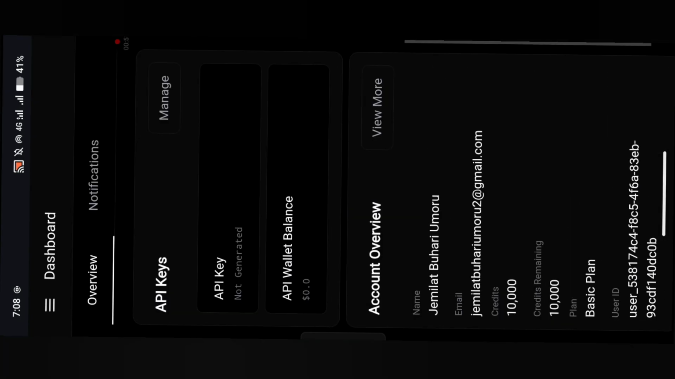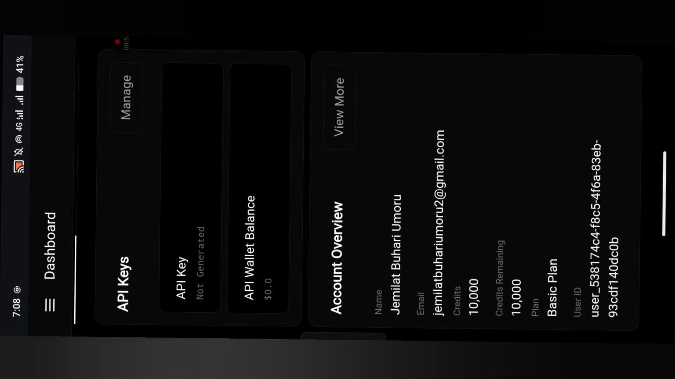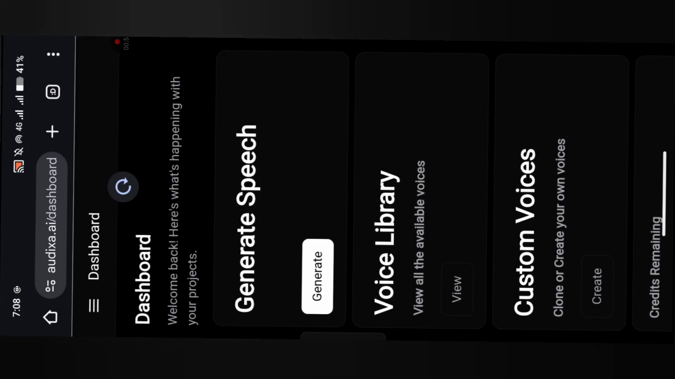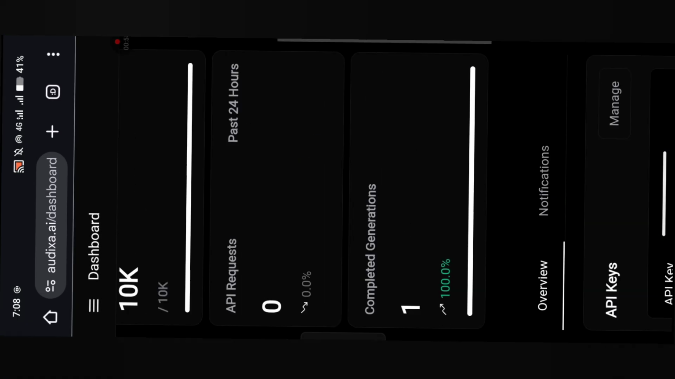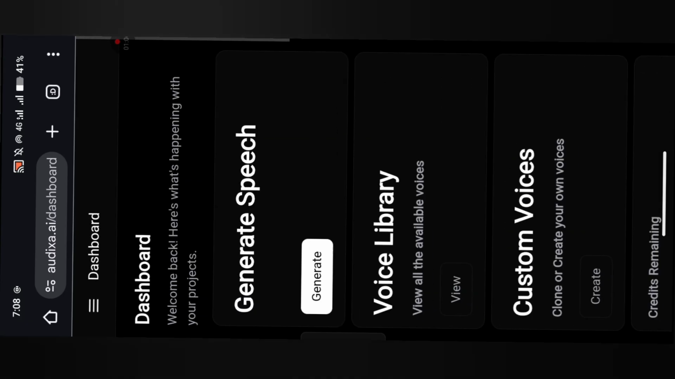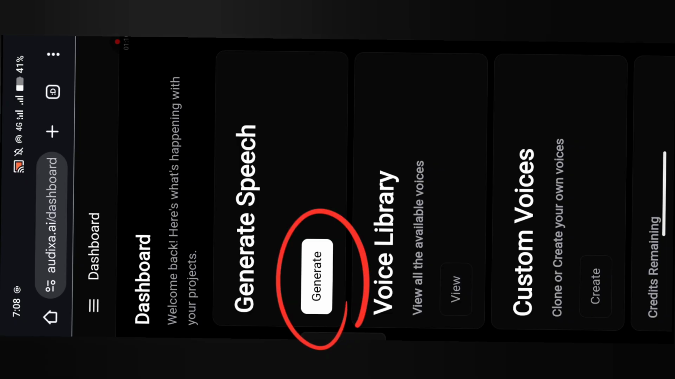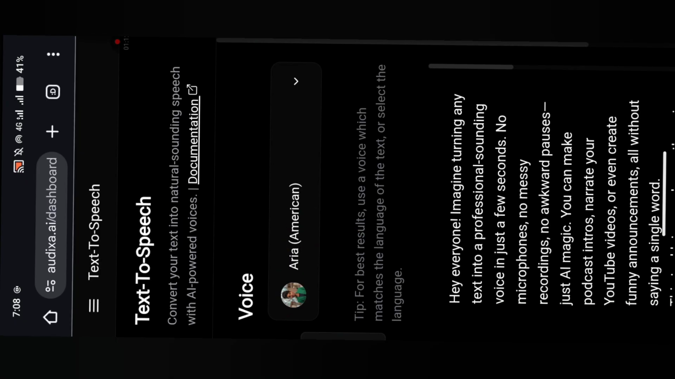They give you credits when you are new. They give you 10,000 credits. I kind of used some. Why is it still remaining 10,000? So I used it though, but it's still remaining 10,000. That's super beautiful. So to create your own, you just have to click on this generate, and here you can